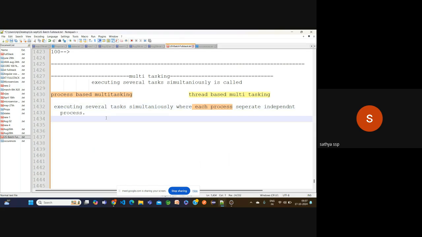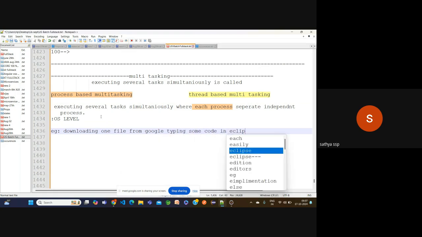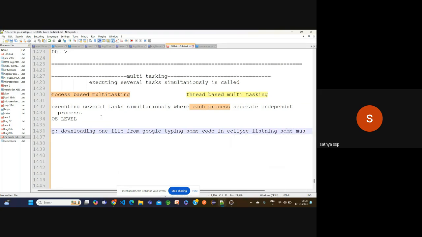Where can we use process based multitasking? We use it at the OS level. A simple example: downloading one file from Google, typing some code in Eclipse, and at the same time listening to some music in the VLC media player.